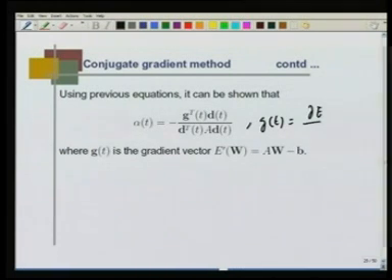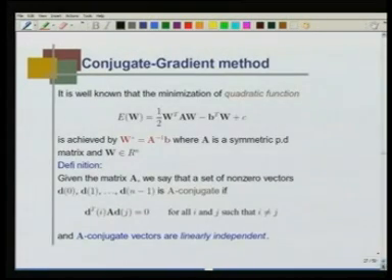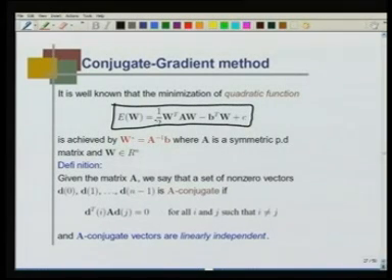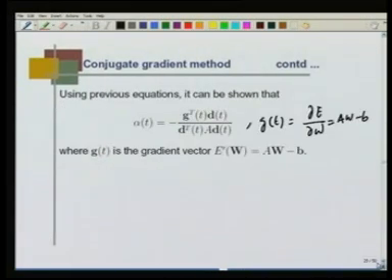del E by del W, the gradient vector, which is E dash W, and this is A W minus B for the original cost function. We are only referring to this cost function. We are not talking about any general cost function, but a specific cost function, E W is half W transpose A W minus B transpose W plus C. So, any cost function that can be written in this quadratic form, only then alpha t is this, and